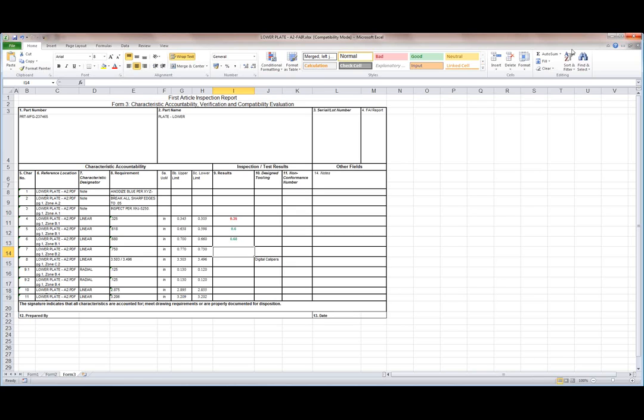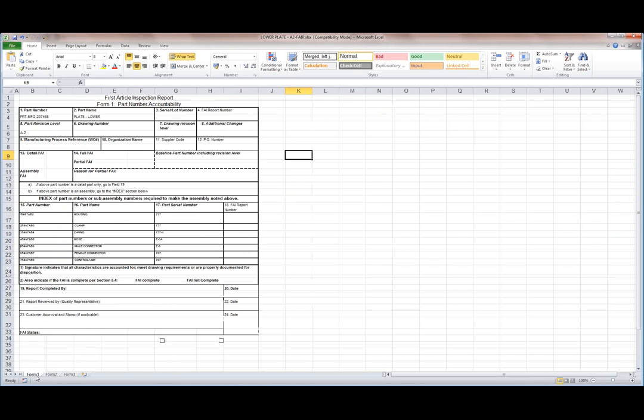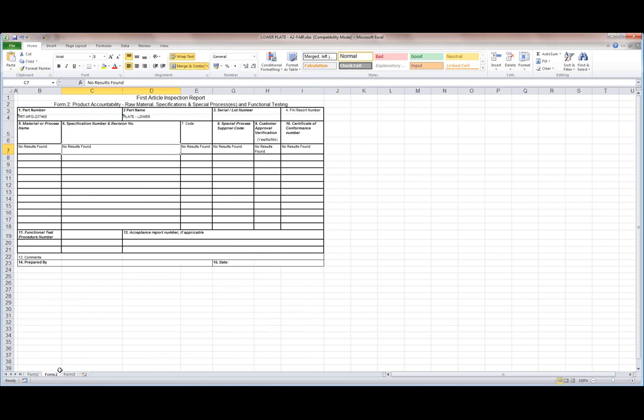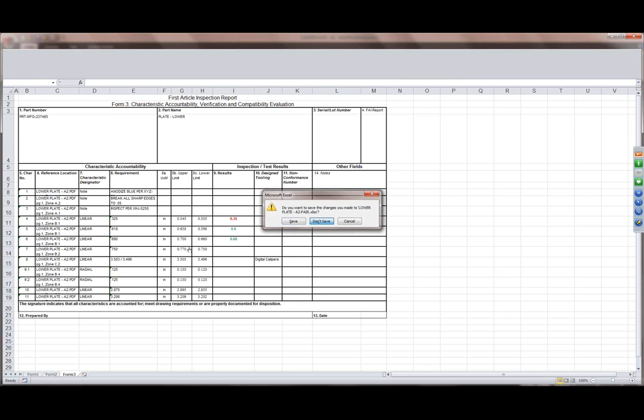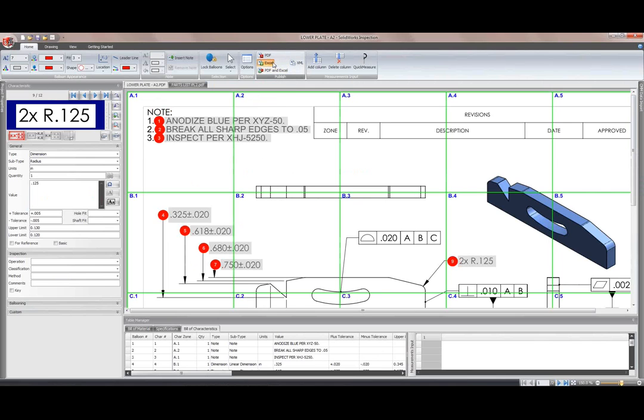So to modify one of these, actually I'll go through a little bit more on this. We've got multiple sheets, as I mentioned earlier. Form 1 itemizes the bill of materials we extracted, part numbers and so on, whatever we've extracted, which we can get to import into any part of this Excel sheet. Then form 2 in this case is the raw material product accountability page. So again, it's only got 3 sheets. You can have more or less. You can create exactly the documentation you need to create. So to modify one of these bits of documentation,